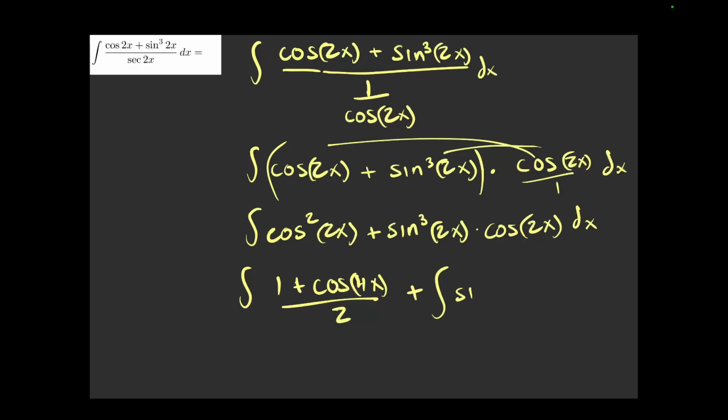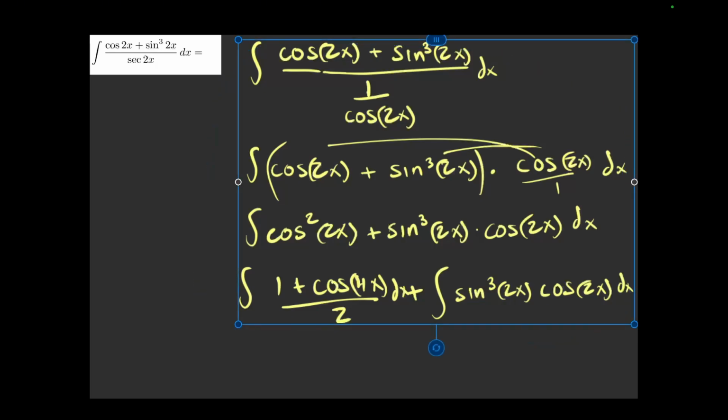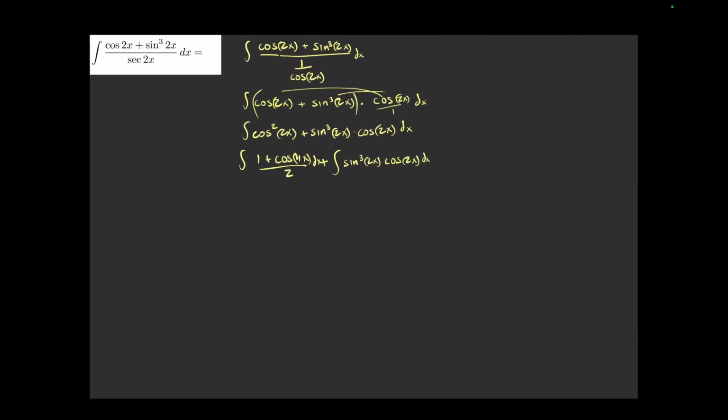So we have the integral of sine 2x times cosine 2x dx. Don't forget the dx's. Okay, so now let me make this a little smaller so we can have some more room. All right, so now we see here we have a plus, so we can split off this integral too. So that will give us an integral of 1/2 dx